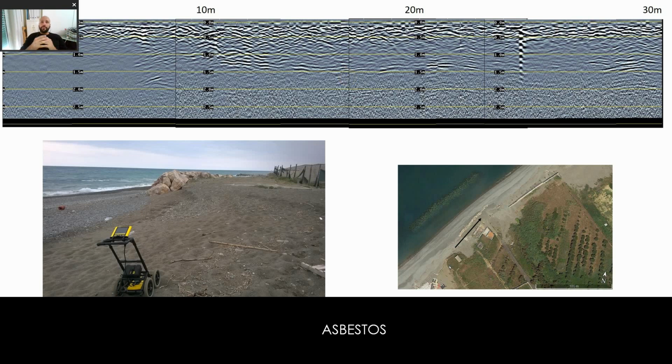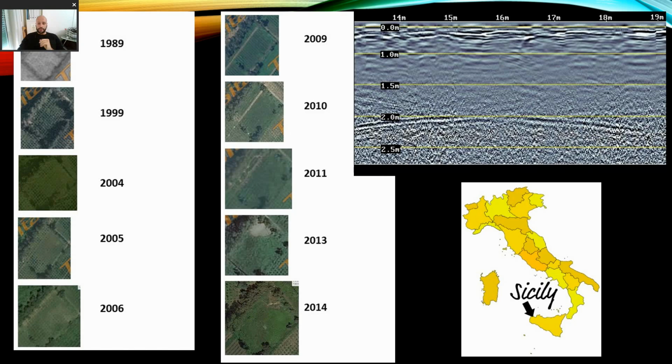This led the law enforcement to ask for chemical analysis of this area, and this chemical analysis confirmed the presence of asbestos. Another case was this one, in which the GPR showed this kind of anomaly here at 2 meter depth,